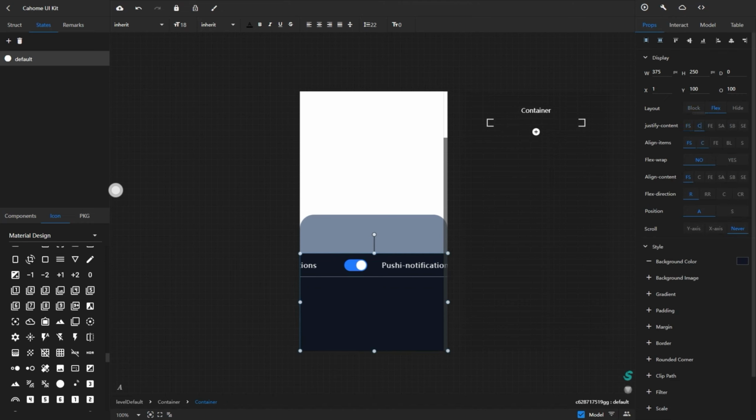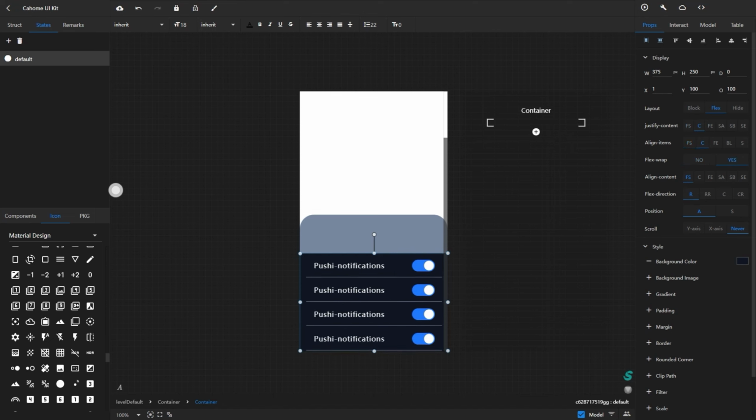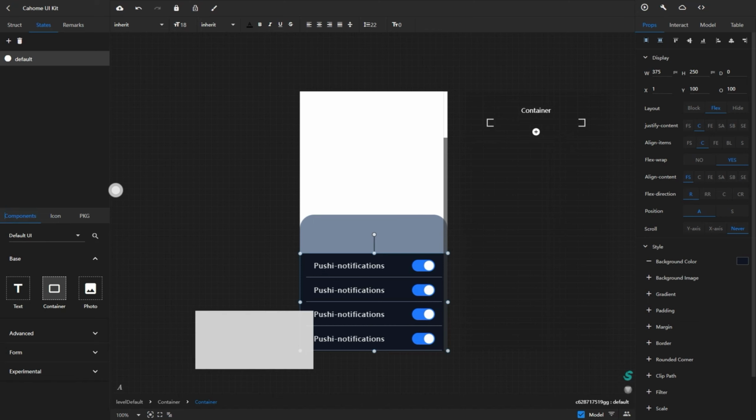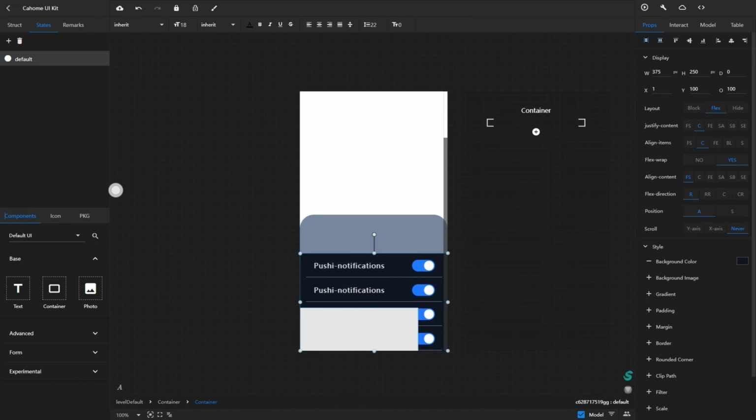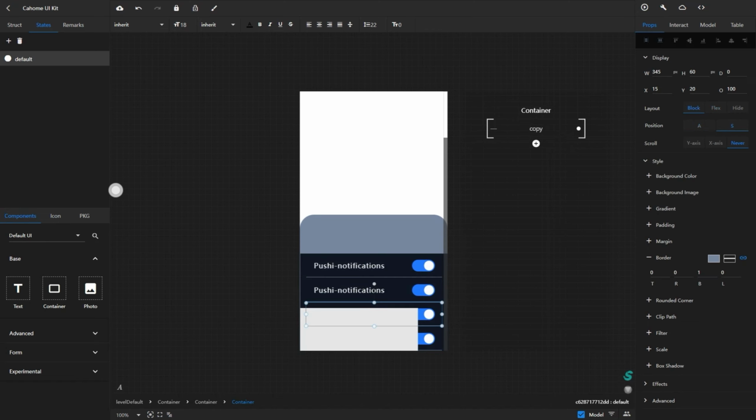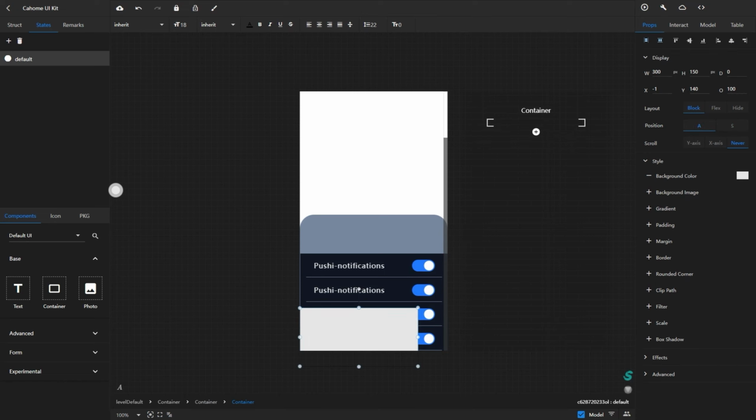Click on this container. Let's give it a tweak in alignment. Let's add a container here. Adjust the size of the container.